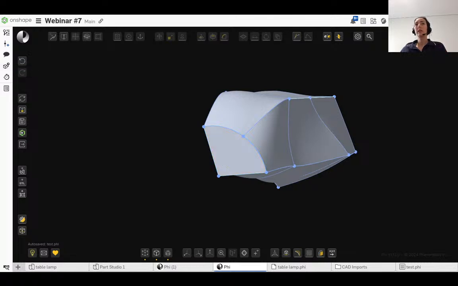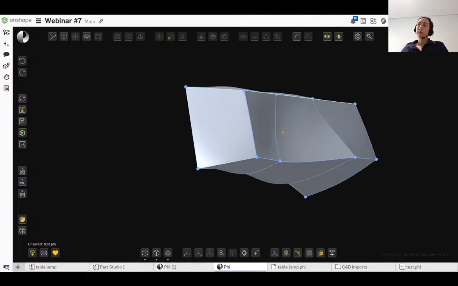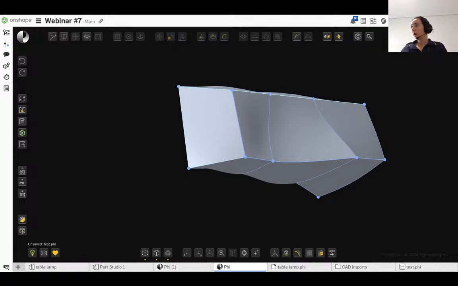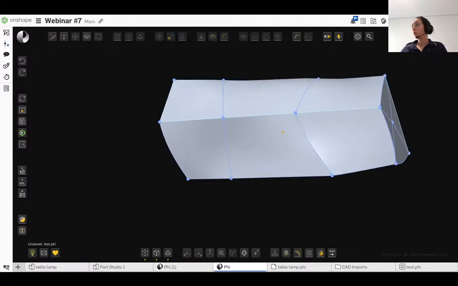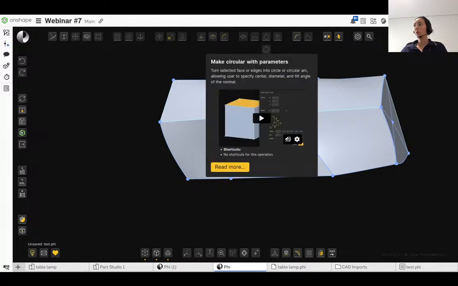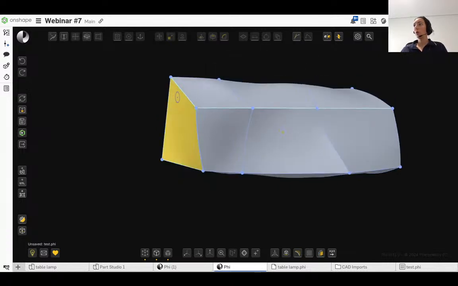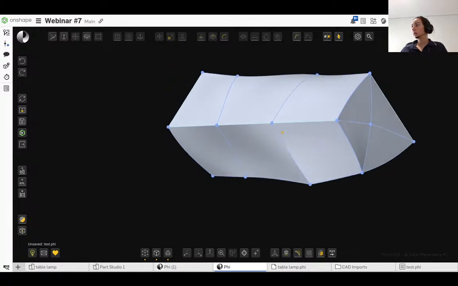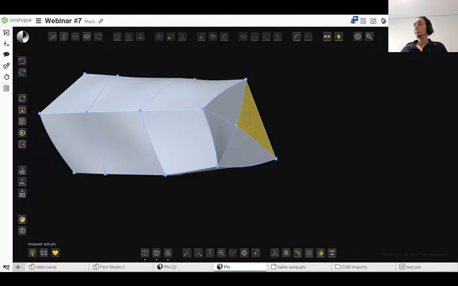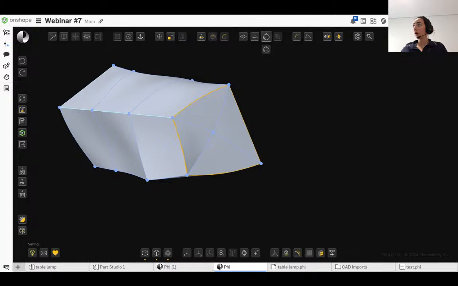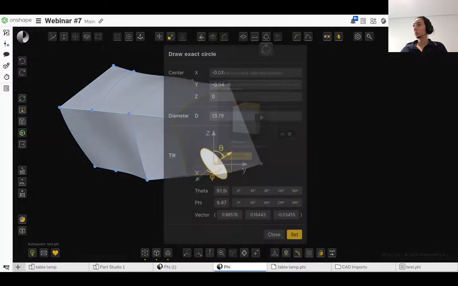So in these cases, we have seen that Phi has decided the radius, the orientation, and all the parameters of the circle created. However, in some cases we might want to decide those. So we have this tool where we can select the parameters, and let's go here, for example. And let's say I want Phi to make